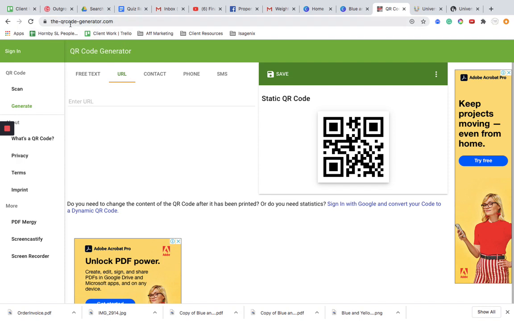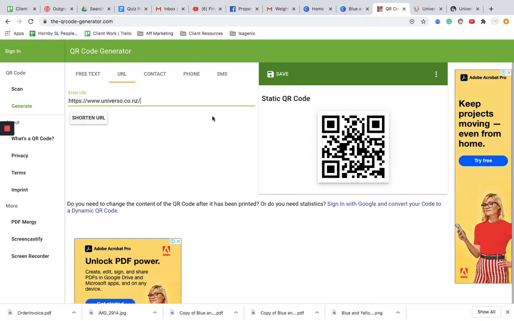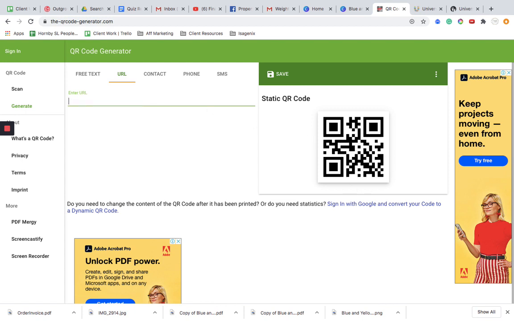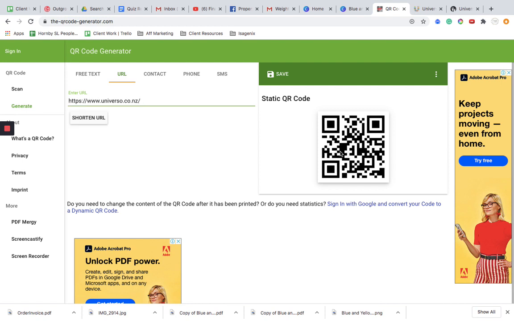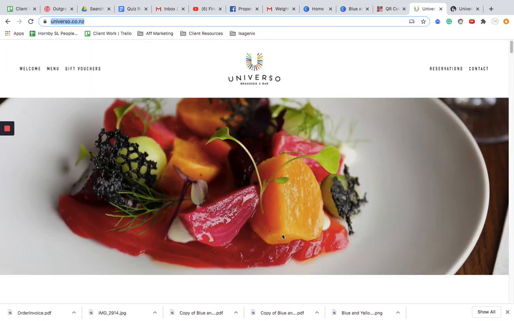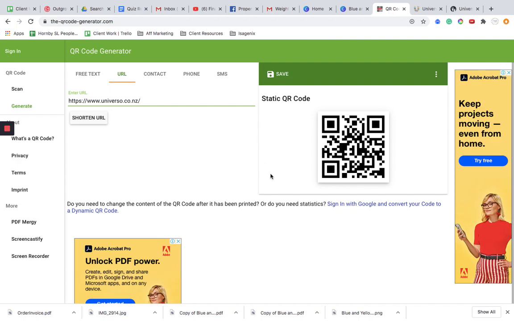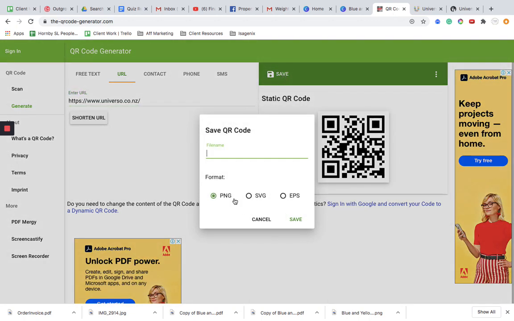So I've gone to the QR code generator.com, and all I need to do is literally enter my URL, and what you'll see is the static QR code has changed. So if I delete that and then put it in, you'll see it's a bit more pixelated and funny looking, and basically what it's done is it's taken that URL and put it in code, so when it gets scanned, people will be directed to my website that I want them to go to. So once I've done that, all I need to do is push save, and I'm going to call it Universo Art and Tea,